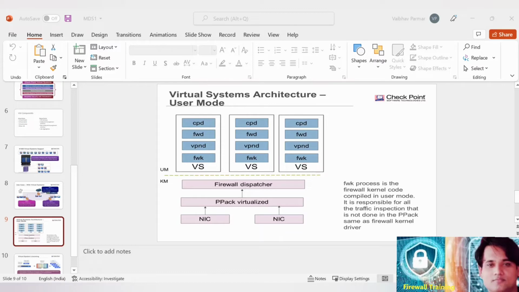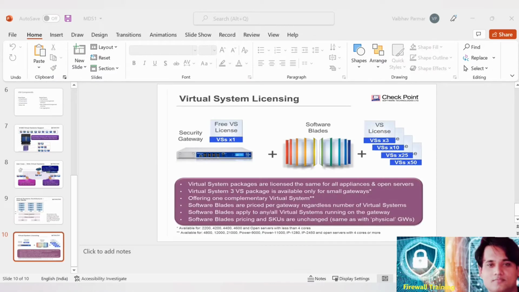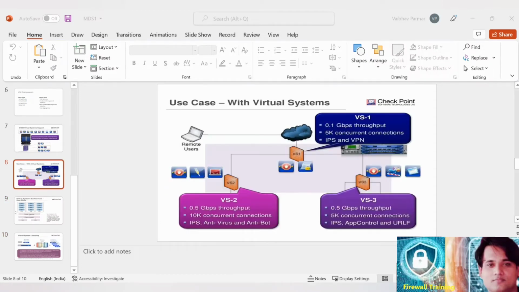I hope this is clear. If it's not clear, in the CCSE course I'll be explaining this in a much deeper way, how these things work together. Okay, let's talk about the